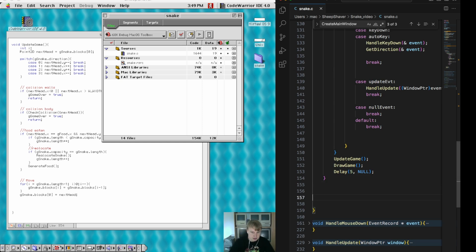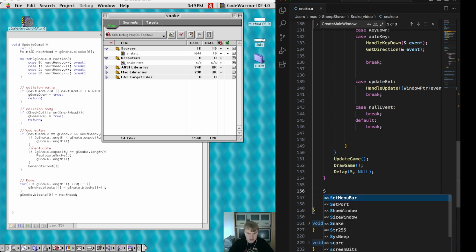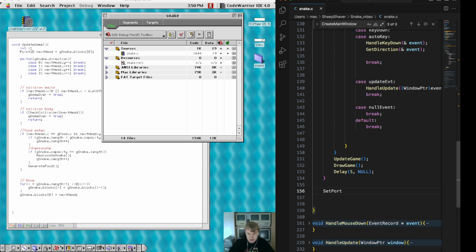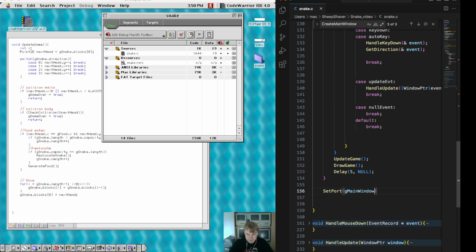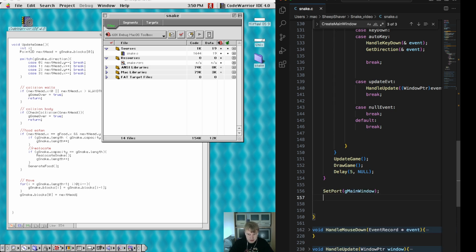So I will remove everything from the window, all the elements. So set port, main window, erase rectangle, add the main window, port rectangle,